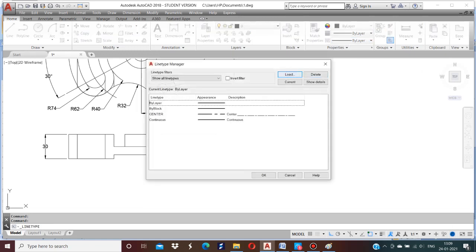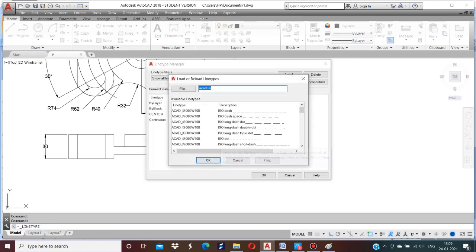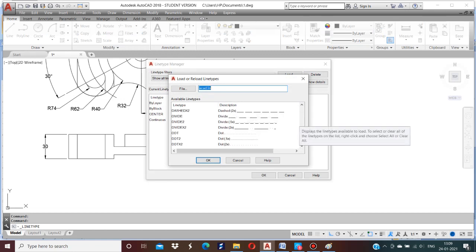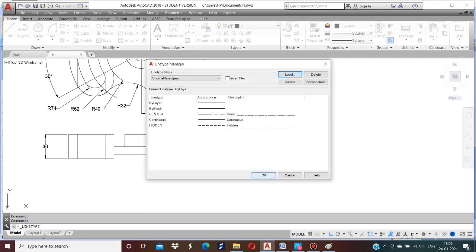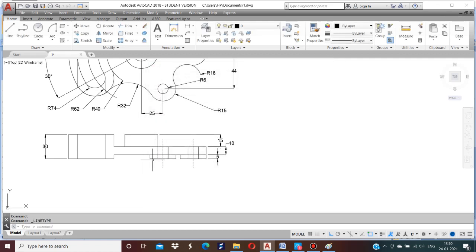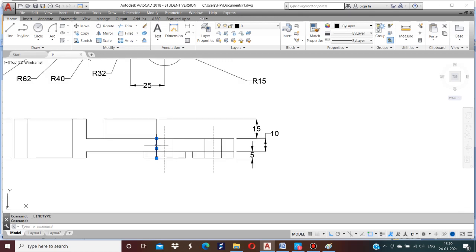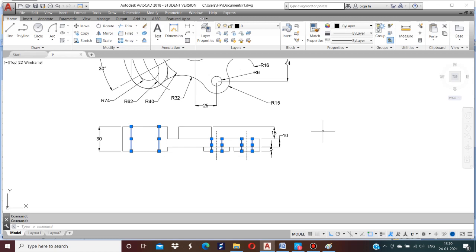Select other. Load. Select the hidden options. Give okay. Select this line and this line, because these are the slots, holes and slots. Go for by layer, hidden options.